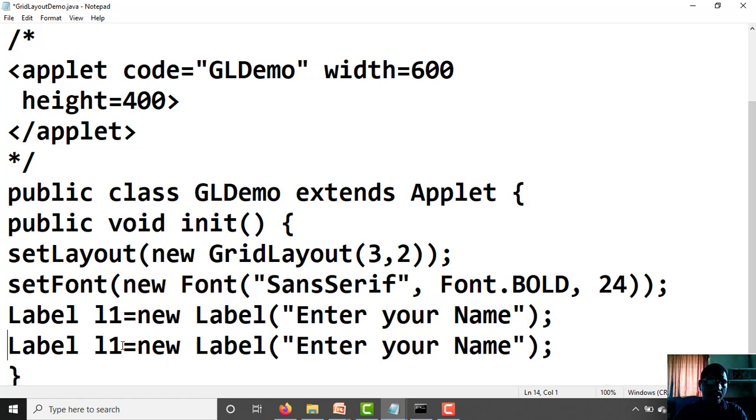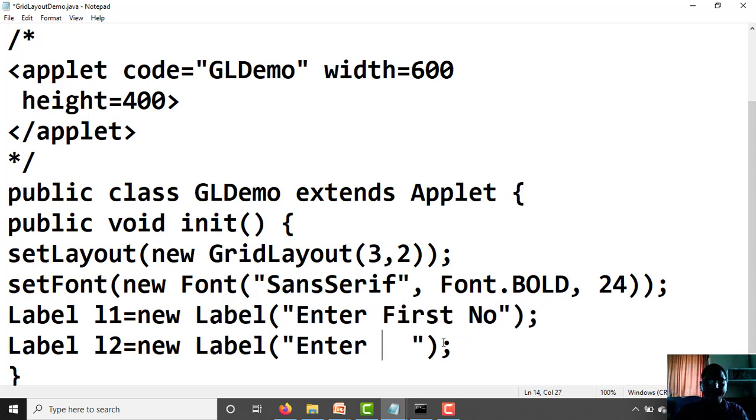Label L2 equal to new Label, and here you can specify "enter first number", "enter second number", like this.